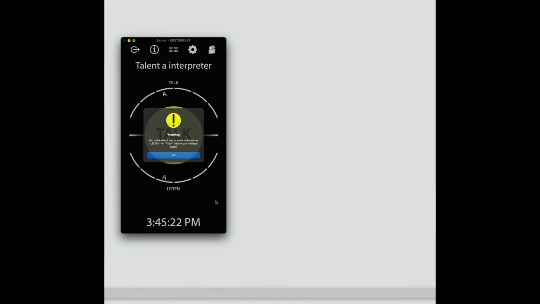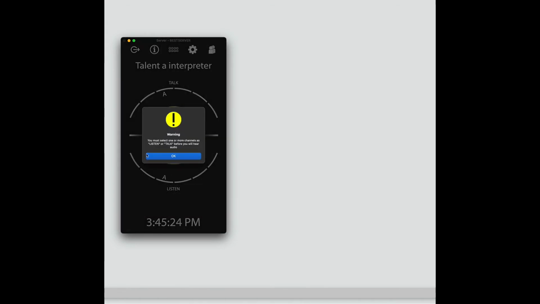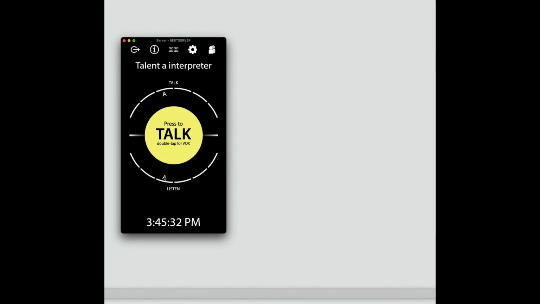I used one called Talent A, and 1234 is the password here. And you click on log on and you will get a screen like this. Now you will get a message like this: you must select one or more channels as listen or talk before you hear audio. You can just click on OK on that,